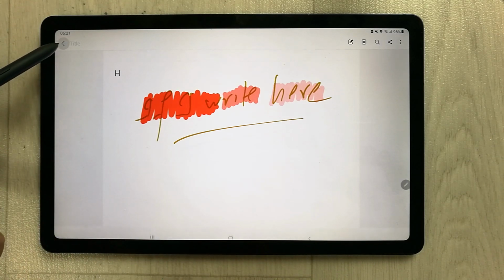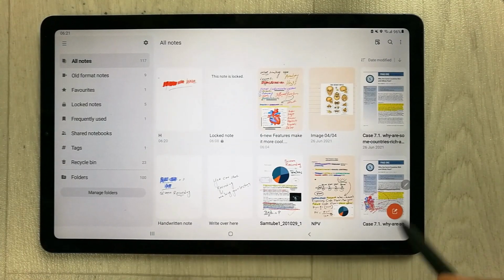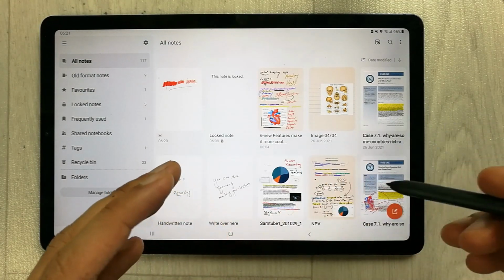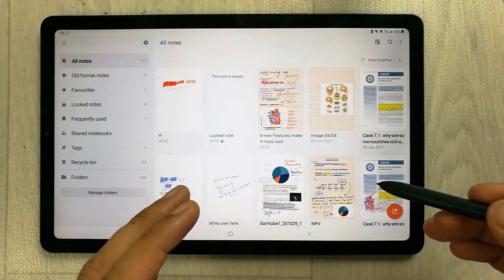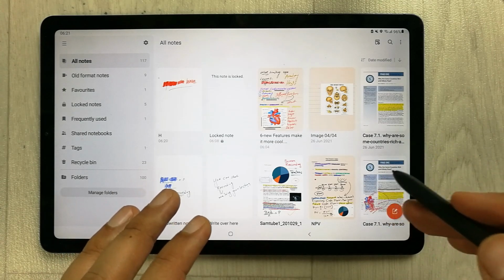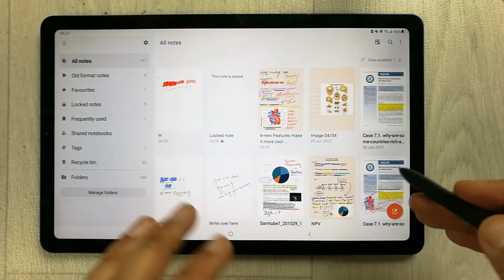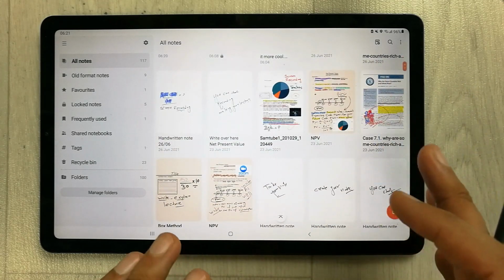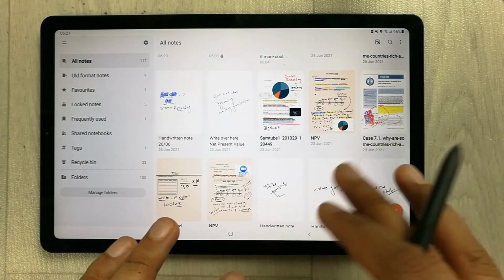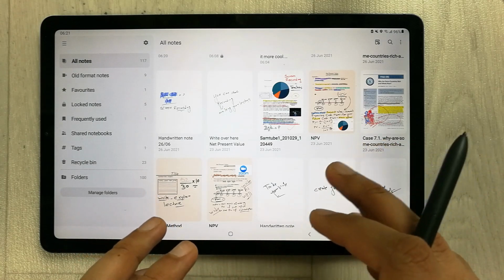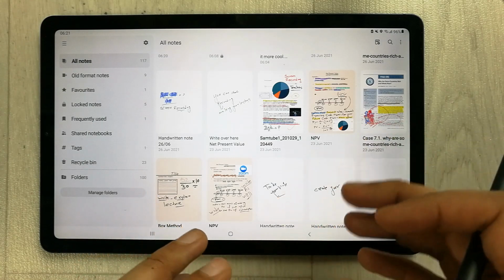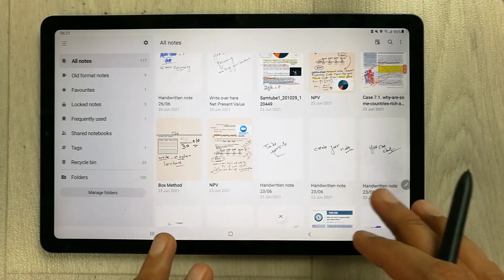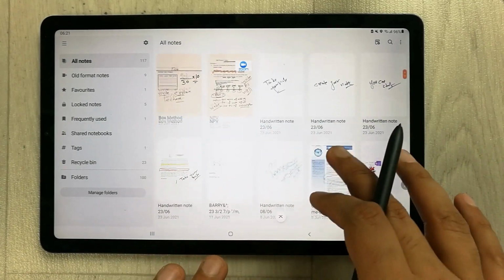So guys, what they did is, if I go back, you will see over here all your notes are the same height and they are aligned properly. They make a neat list of frames with the same height. You can see over here all your notes are at the same height. Before it was not like that. Before they were in different sizes, different heights, but now they make it neat, and you can see they are properly aligned.